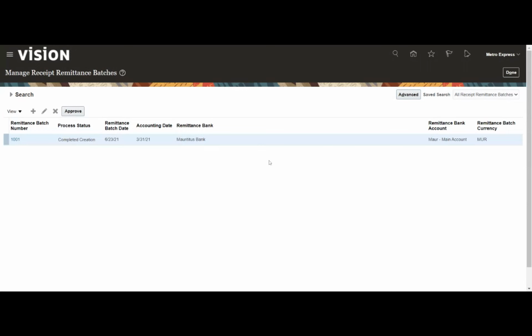Okay, so this is the one. So our remittance batch number is 1001.